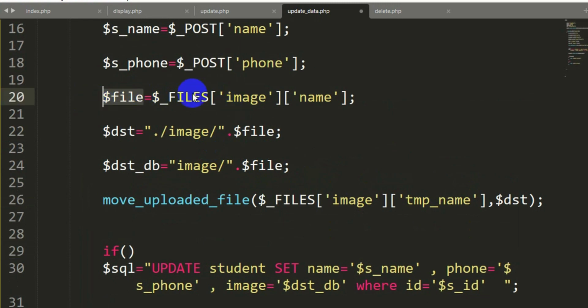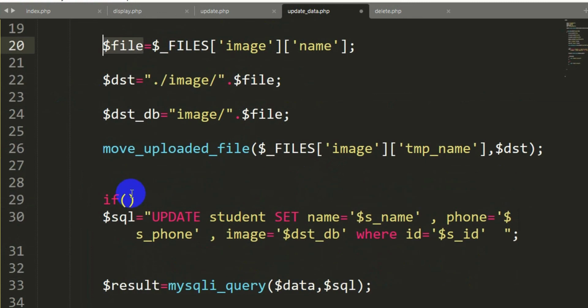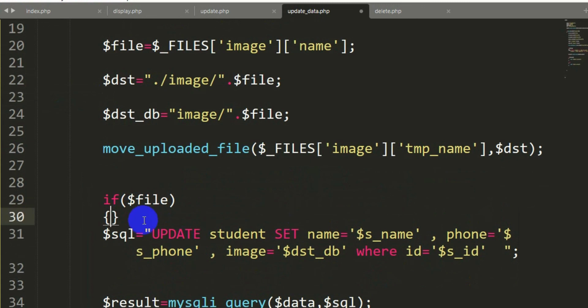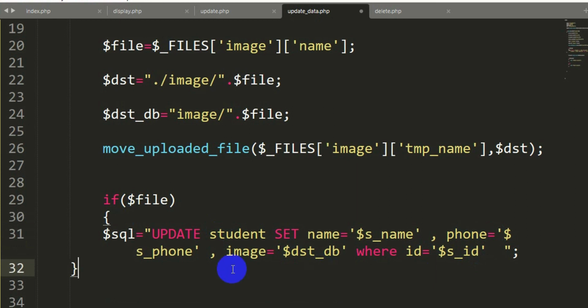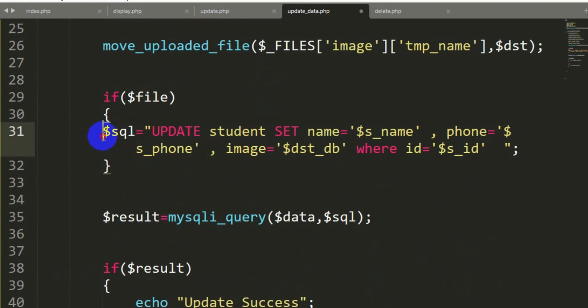We are trying to get the image inside this $file variable. So here we are going to say $file, and we'll give two brackets. So right now what will happen is that if there is any file or image, only then will it execute this query.